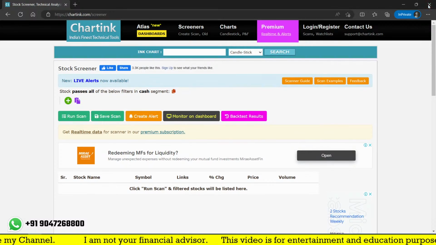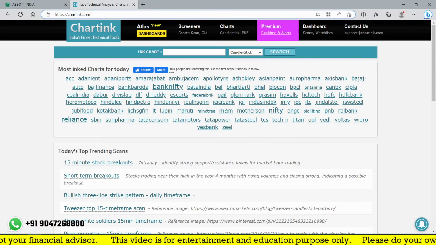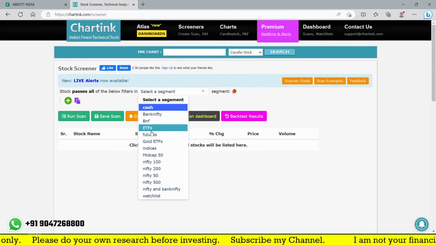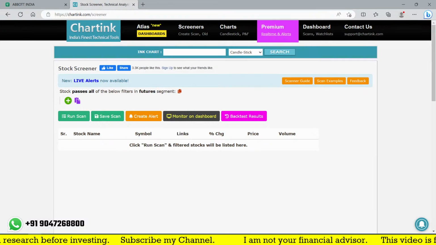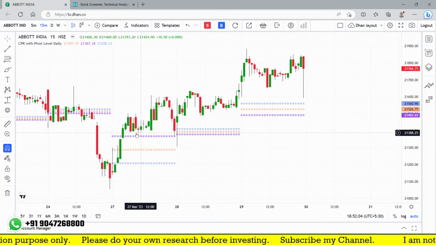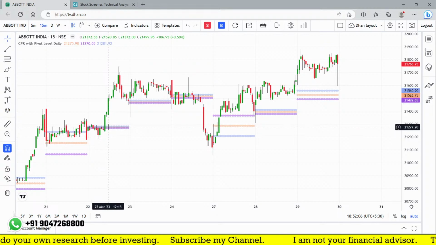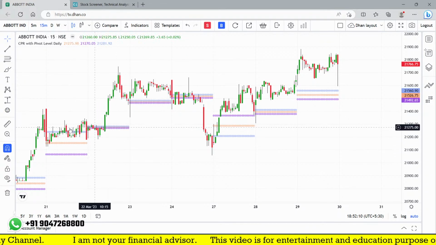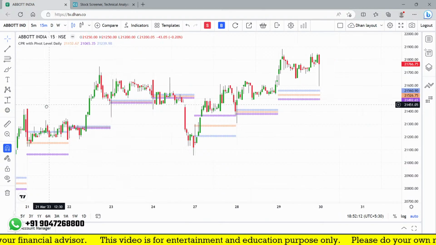So I am going to create it, because I just developed a custom indicator in this segment. What do you want? A narrow CPR, it's good enough, sir. So I will create a narrow CPR. Narrow CPR is nothing but a comparison to the previous level. I will add the previous level. So maybe this one may be a narrow CPR in ABB India. The previous one is also wide, so this I need to filter out by using my